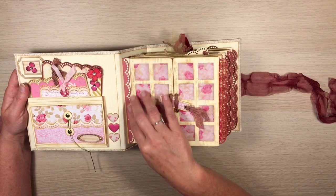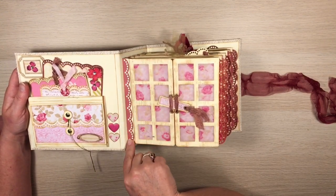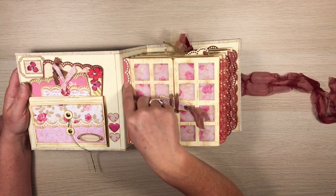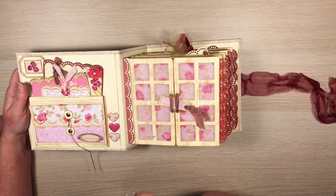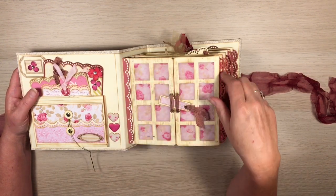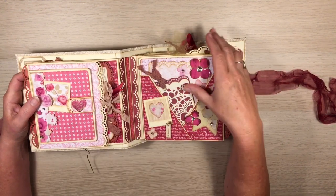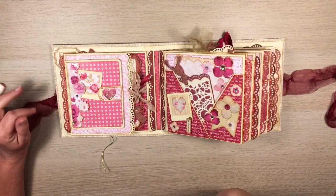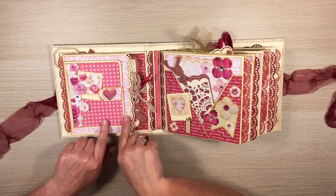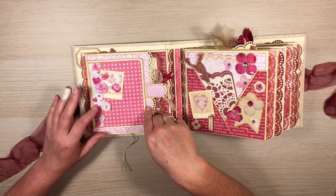So the pages themselves also have this decorative edge, and that's from the SVG files. My Cricut just cut that out for me, and it fits perfectly to size. I didn't have to do anything, just cut it out and stuck it down, and it finishes it off nicely. So on this second page, where we've used the SVG pieces to make this little pocket